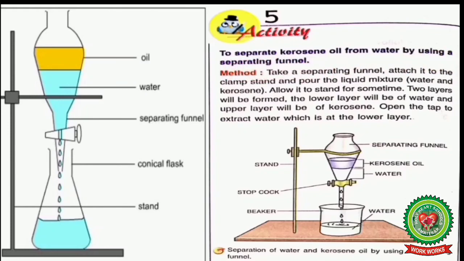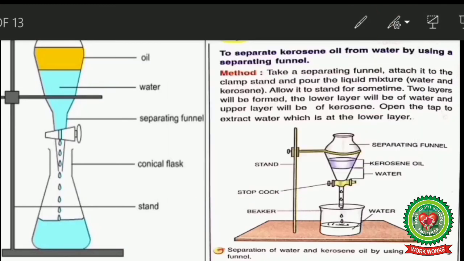Students, as we have discussed, the mixture to be separated is taken in the separating funnel and it is attached to the clamp stand. This is clamp stand. The mixture is allowed to stand for some time. After some time, we will observe that two separate layers of oil and water are formed. Then stopcock is opened and the water gets collected in the flask. And then we carefully close the stopcock so that the oil does not come in the container, that is flask. In this way, oil and water get separated.